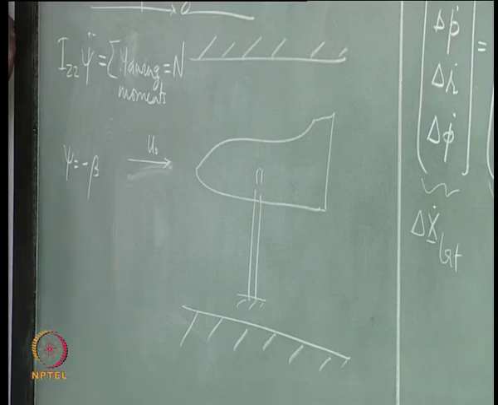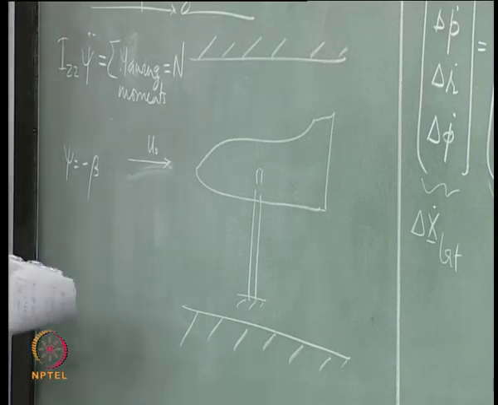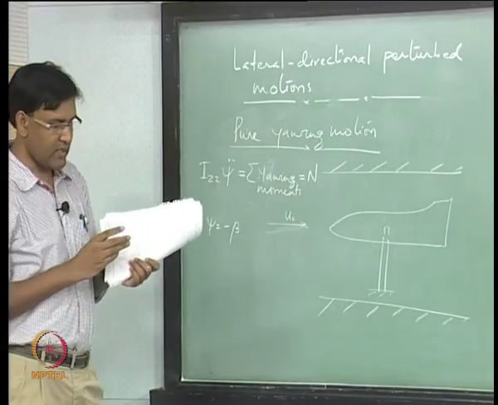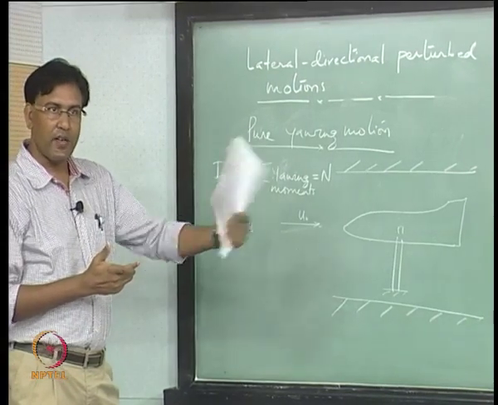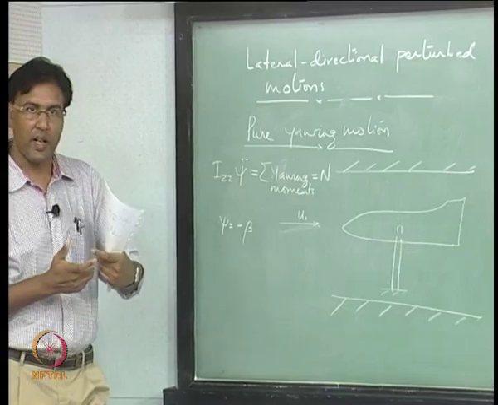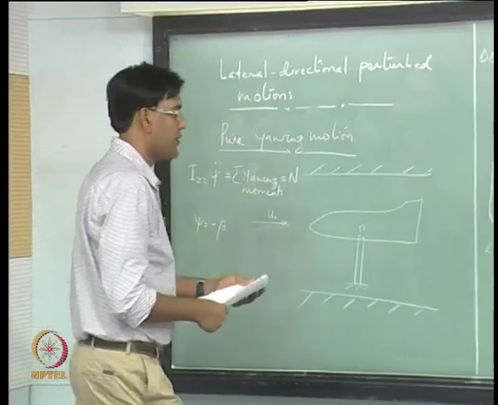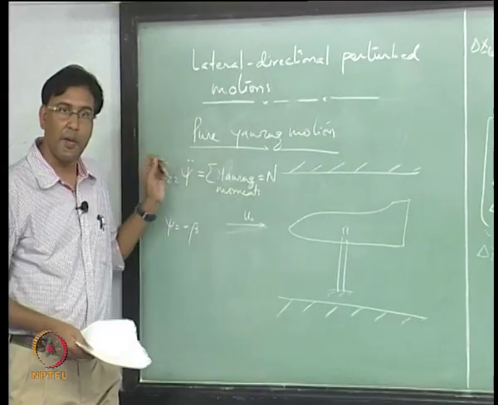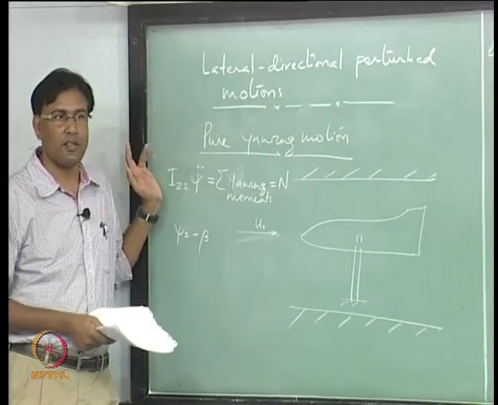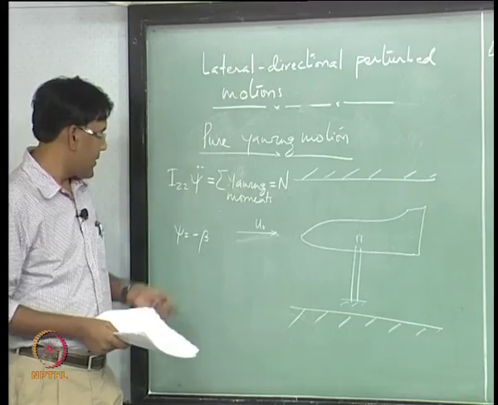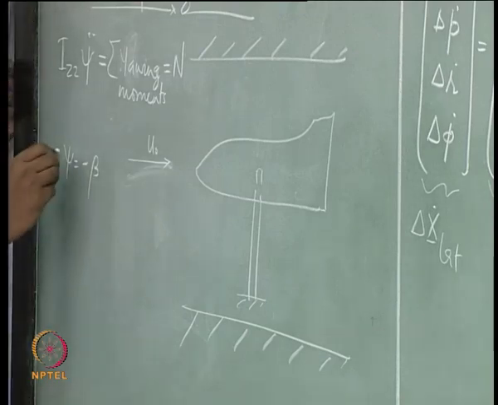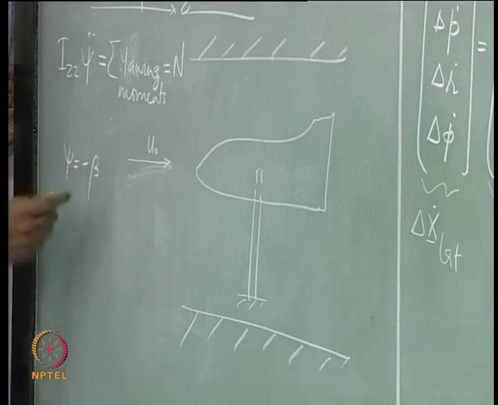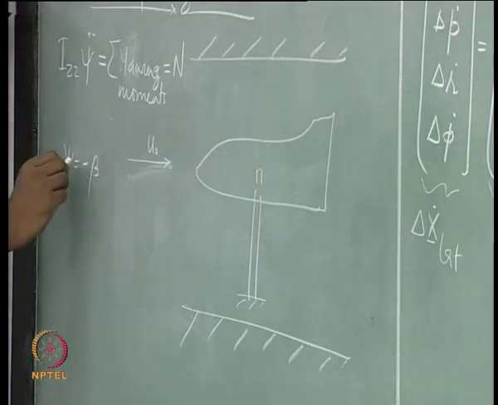Do you see that? You are rotating your aircraft about the z axis. So, x axis is moving towards y, and then it will start making an angle. The x axis of the aircraft will start making an angle with the flow direction, and that will be beta, and that beta is negative. So, psi is actually equal to minus of side slip angle. Yaw angle is equal to the minus of the side slip angle.